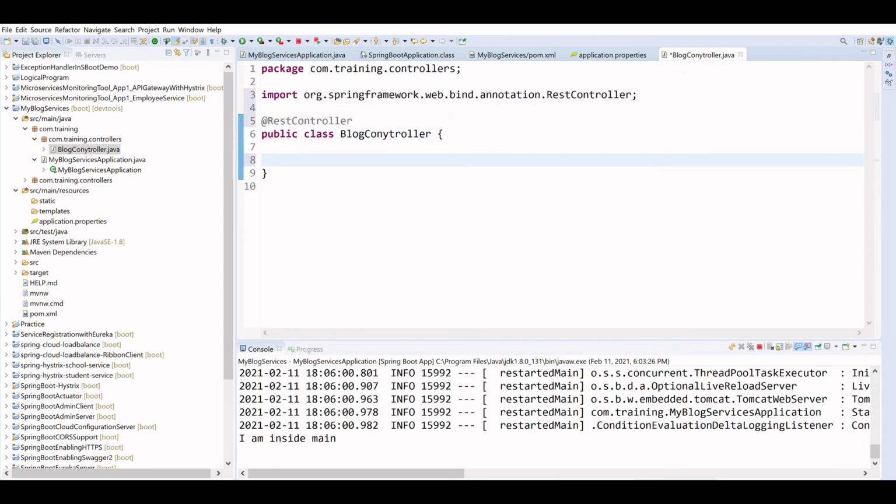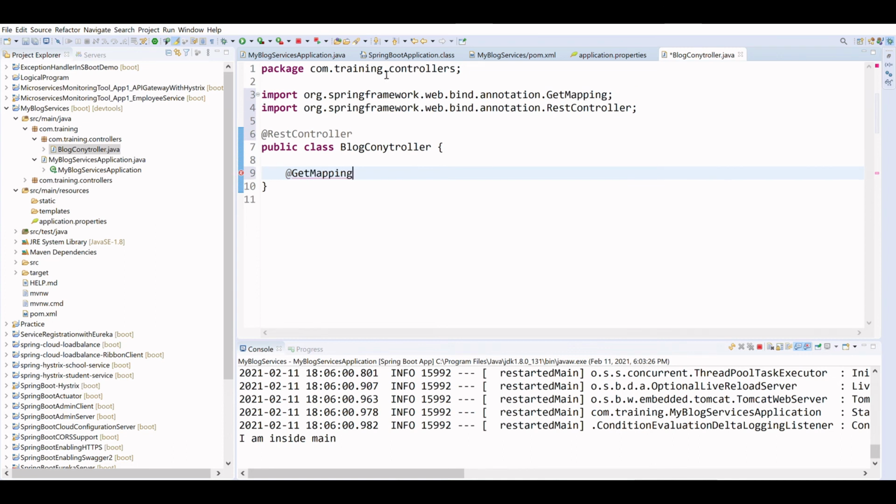I'm going to add a GetMapping. I'm going to design an API, so let's see how that API will look. We have a GetMapping, and the mapping is index. Index is the login page.